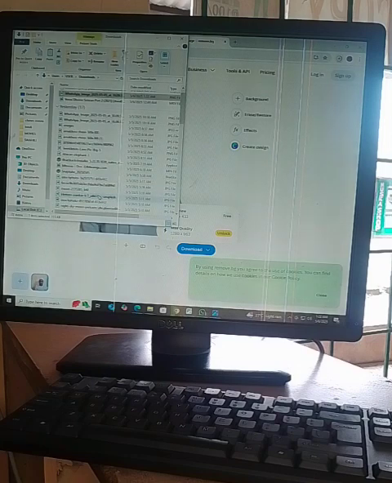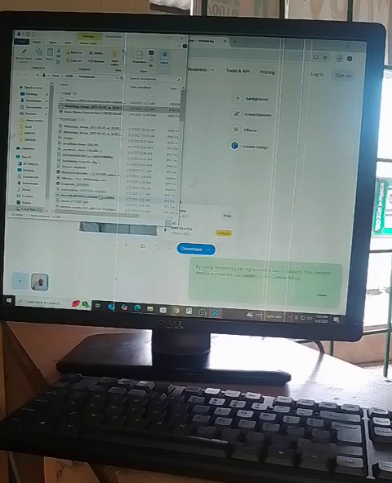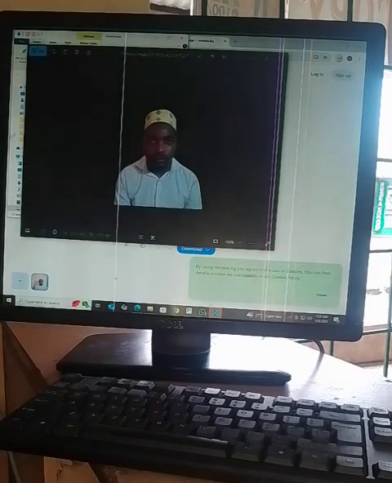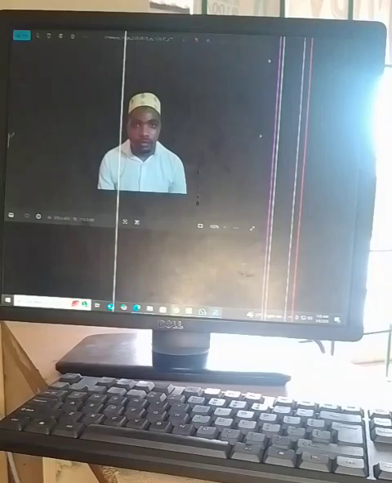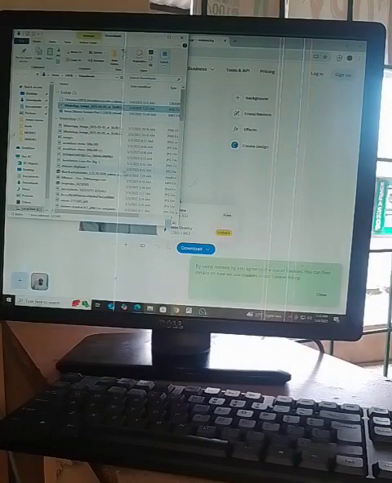There it is. That's already open. There is no background at the back. Successfully removed. So if you want to change any color, if you want, you can